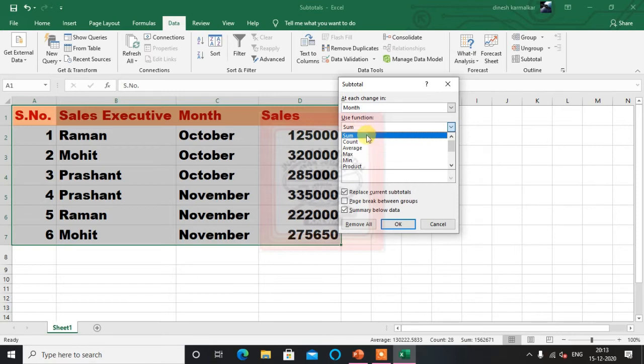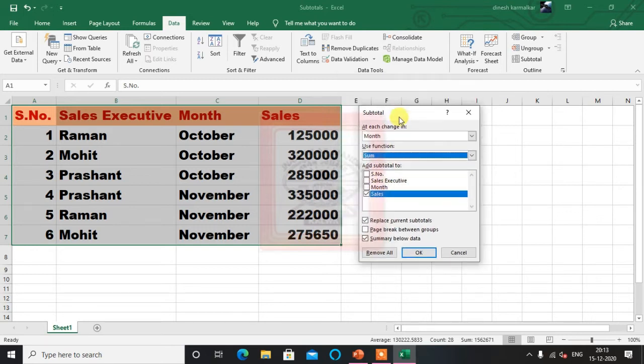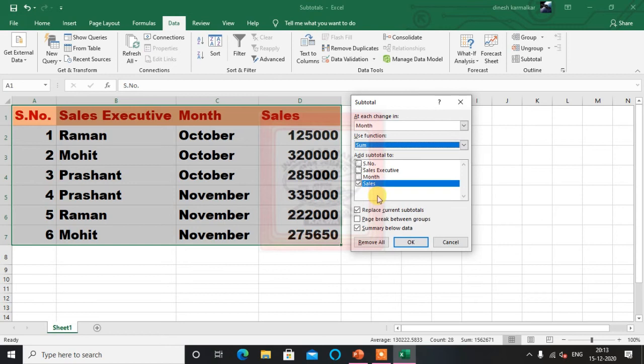Here you can use different functions, but that is not in our syllabus, so I am going to use the sum function. Then, add subtotal to which field? That is given here. Four fields are there: serial number, sales executive, month and sales. But Excel is very intelligent. It knows that the total I want is from the last field, sales, because sales is the only field in which there are numbers.